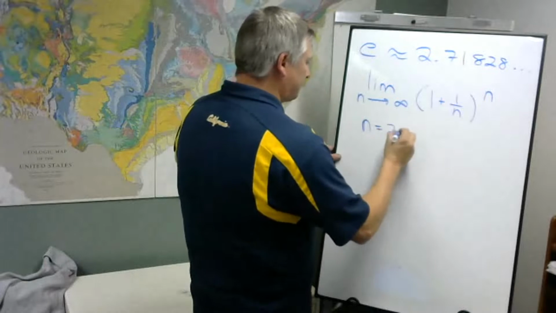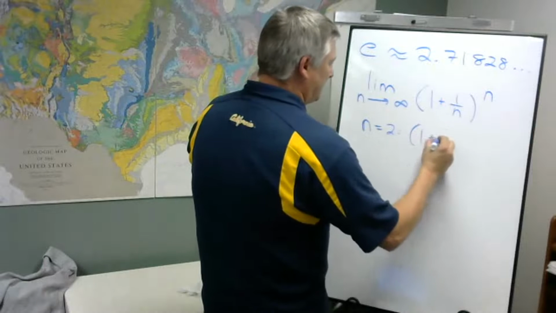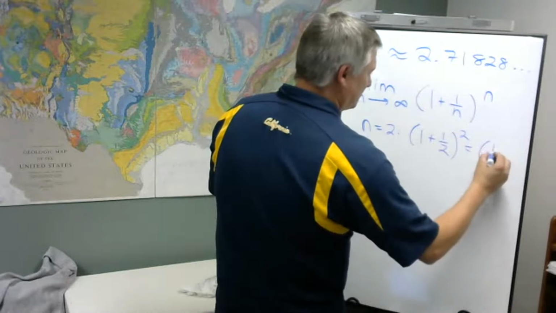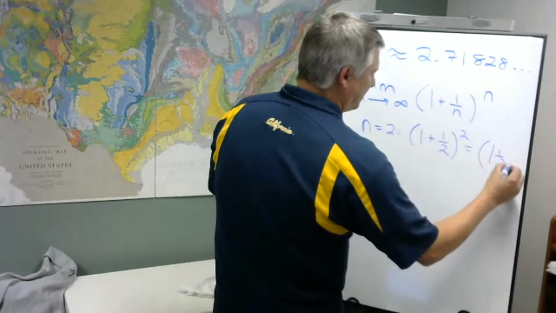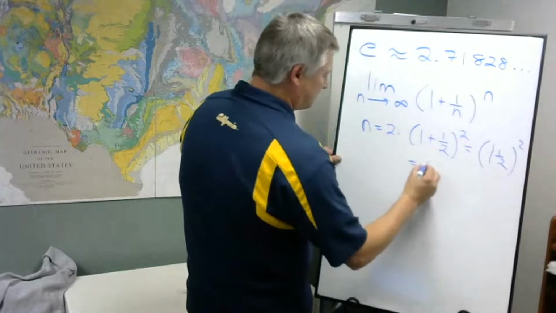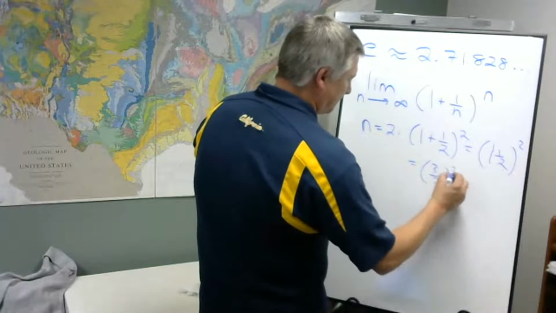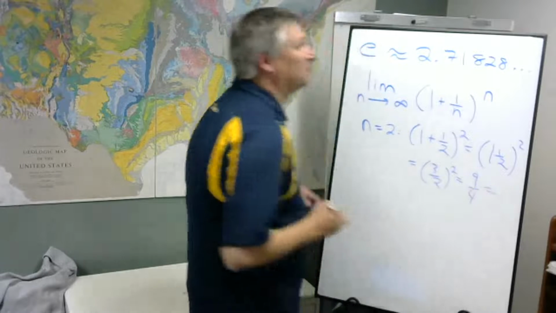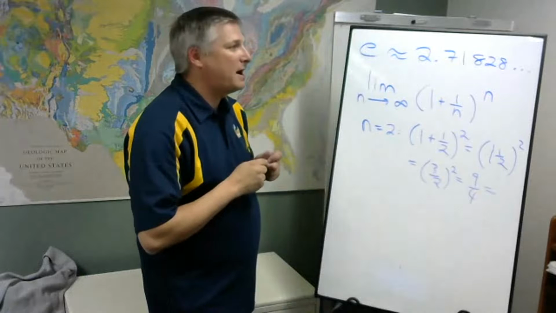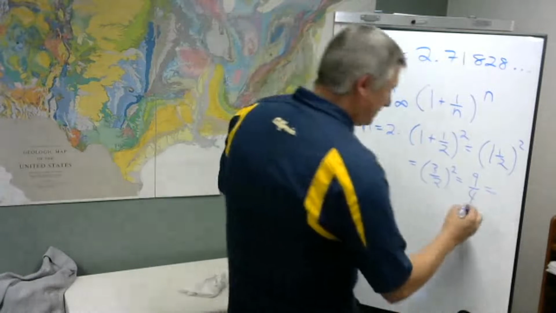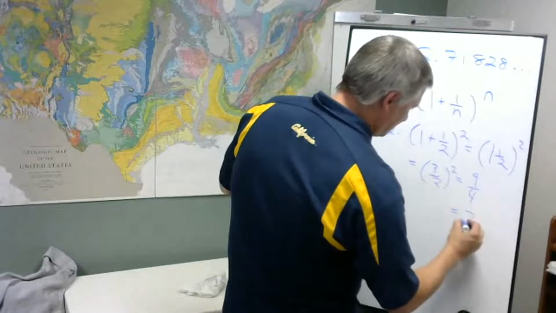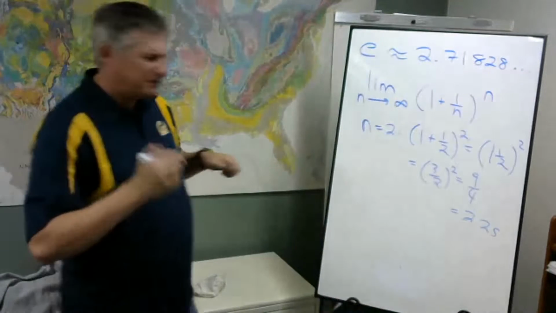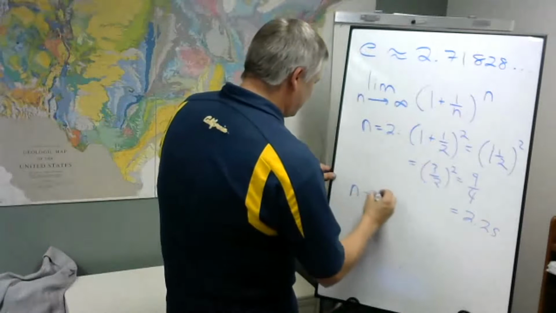equal 2, we'll get (1 + 1/2)², which is (1½)², which is (3/2)², which is 9/4, which is 2.25. So 2.25. Now let n equal 100,